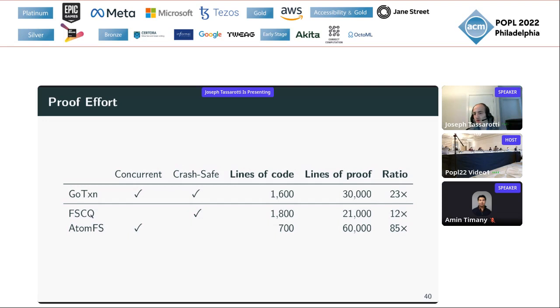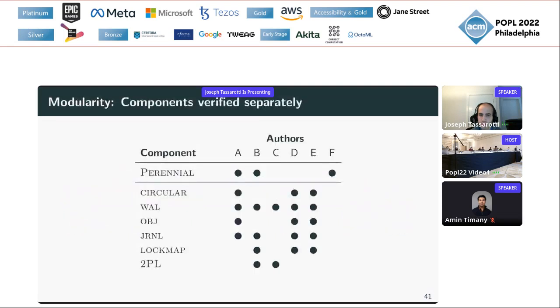So those 30,000 lines of proof for this system, that's kind of actually terrifying when we tallied it up after the fact to realize that that's what we'd done. But what made all that manageable is that we were able to carry out the development in a modular way. Okay, so as evidence for that, what I've got here is a list of all components, both the logic itself and the different layers making up the implementation. And we were able to carry out the verification of each of these layers independently.